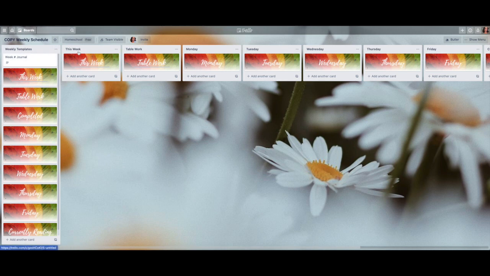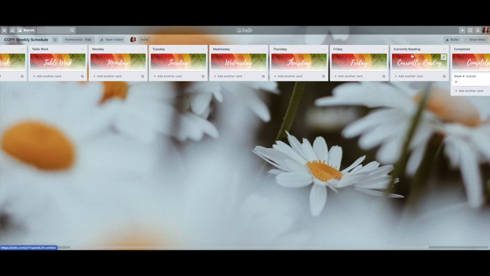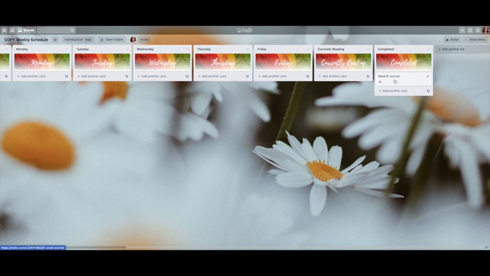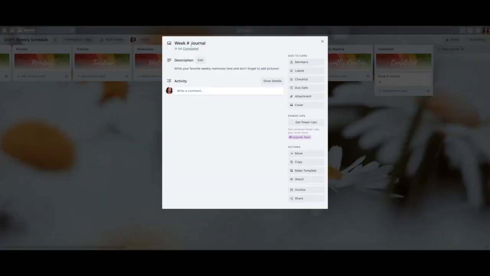Now you're going to move everything over and create these lists here. I like to have one called This Week, Table Work, Monday, Tuesday, Wednesday, Thursday, Friday, and then over here I do currently reading, completed, and under completed I like to have this journal card, and you can put the week number that it is, but you can write a description here of what has taken place during the week,